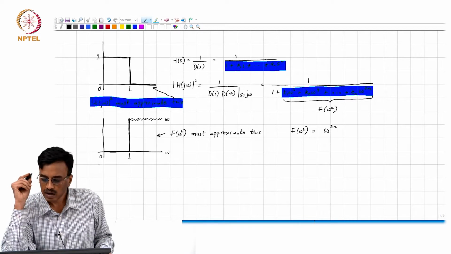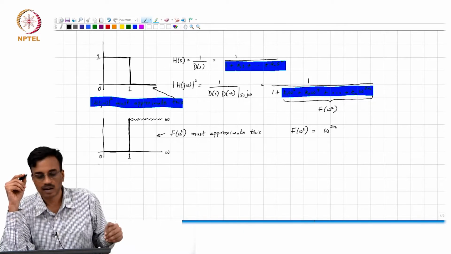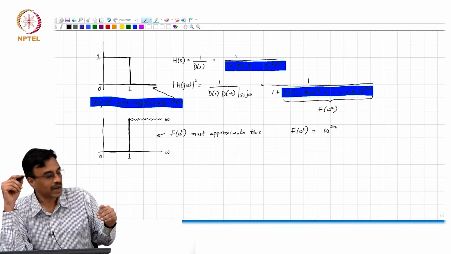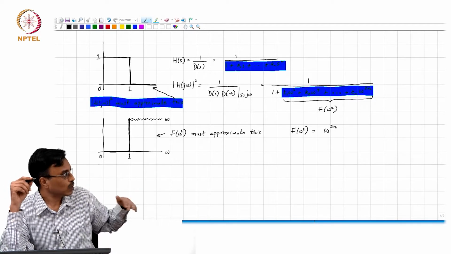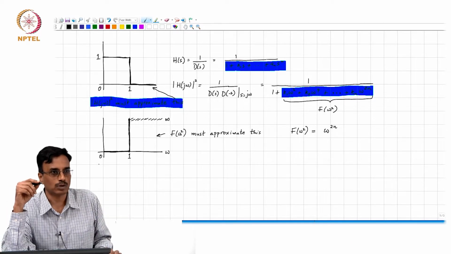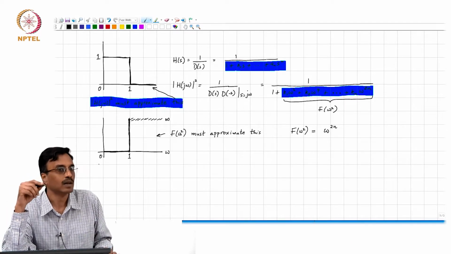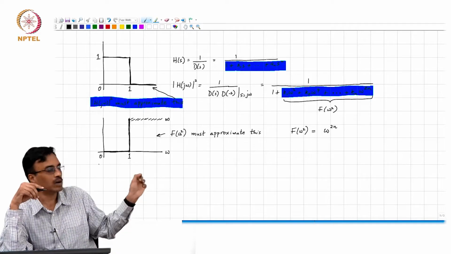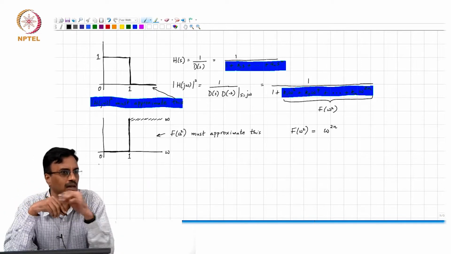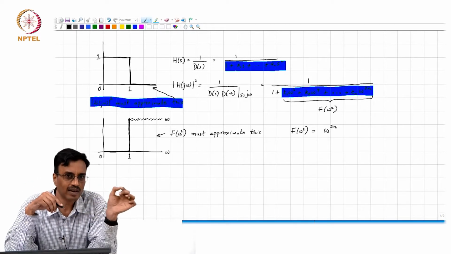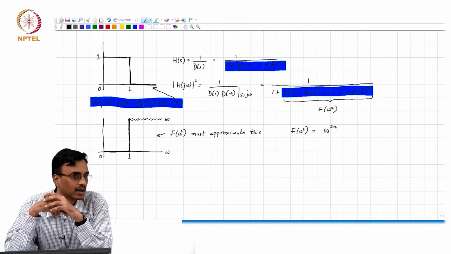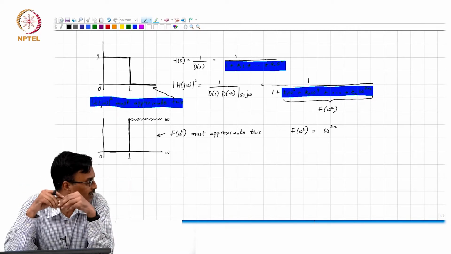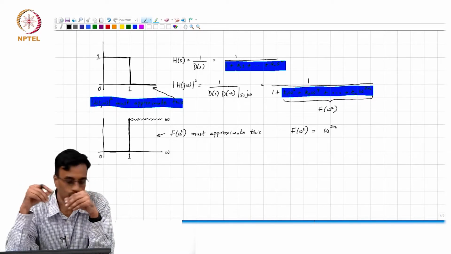As we saw yesterday, at DC, of course, f of omega squared is 0, and as omega keeps increasing, f of omega squared is as flat as possible about which point? It is as flat as possible about DC. I mean, there is nothing holy about DC. In principle, we could have moved the maximally flat point to someplace else in the passband, which corresponds to 0 to 1. But traditionally, this is how this stuff came about.